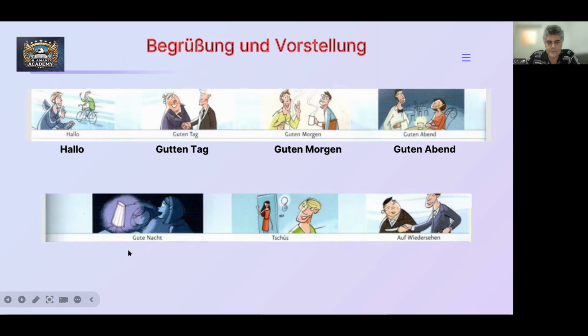Gute Nacht. It is night. This is more for saying goodbye. It means you are separating, you are saying farewell. So we say gute Nacht. We don't say guten, we say gute. This is a bit different. This difference comes from the accusative form that later we will talk about. So gute Nacht means good night.